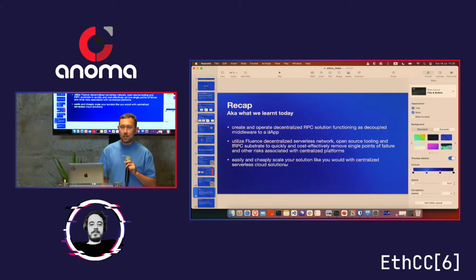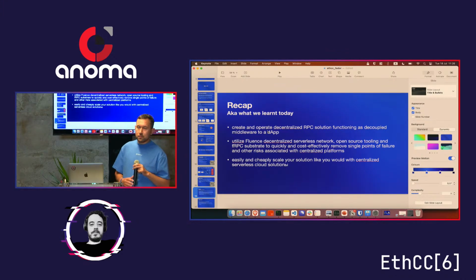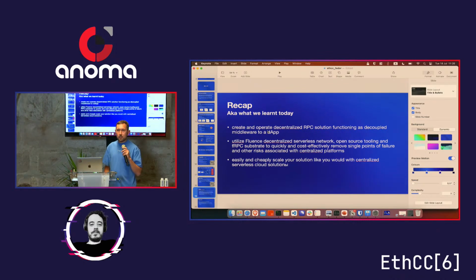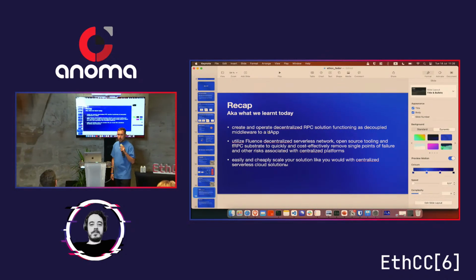Thank you. So what are the trade-offs of going through Fluence and the decentralized RPCs versus using one directly? I understand the benefits, but I guess in terms of, perhaps, latency, throughput, these kinds of things.